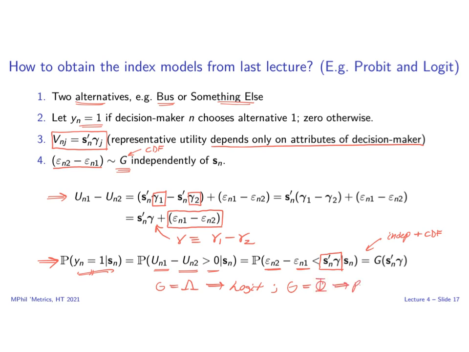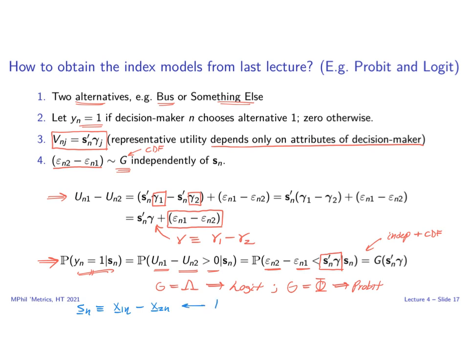A few moments ago, I assumed that the representative utilities only involved decision-maker attributes. When there are only two alternatives, however, we can actually convert attributes of the alternatives into decision-maker attributes in a relatively flexible way. So suppose that we have x1n, a vector of attributes for the first alternative, and x2n for the second. Then we can construct Sn to be the difference x1n minus x2n, and this difference does not vary